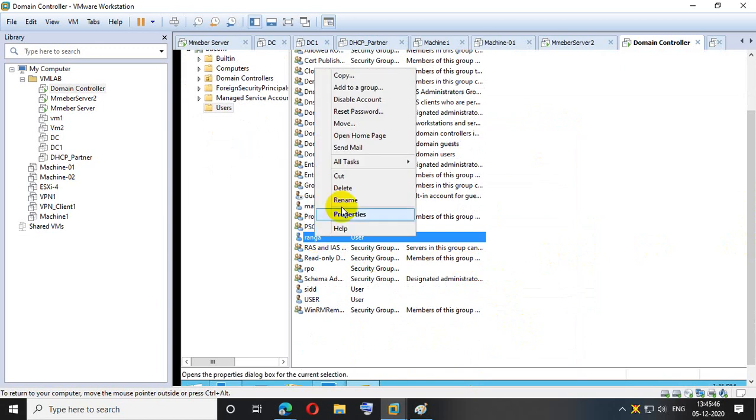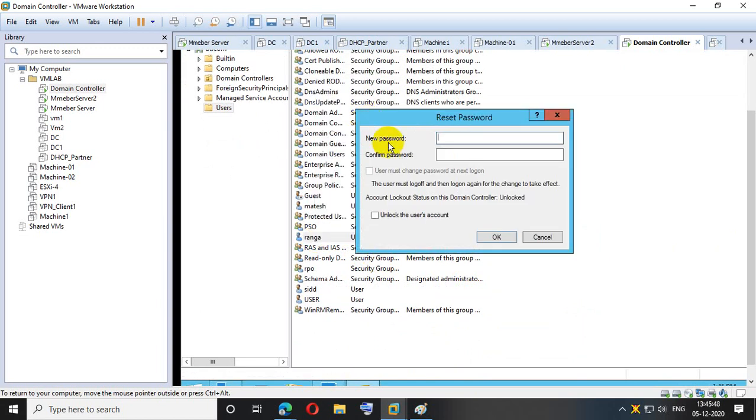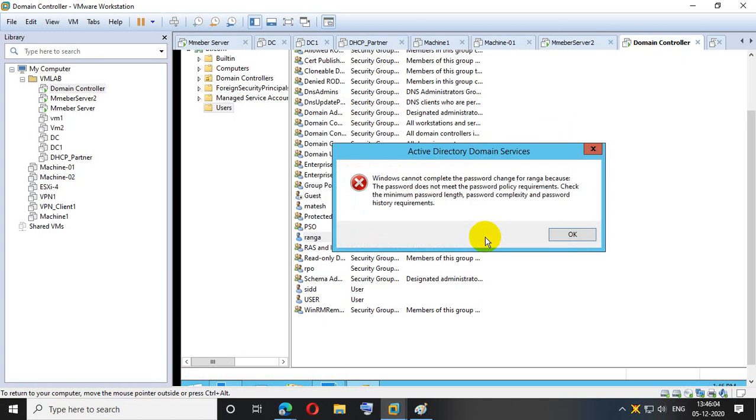Now I'm selecting reset password, just 2 characters. Will it allow? No, because he is already a domain user, the domain policy is already applying on him, so it's not allowing me.